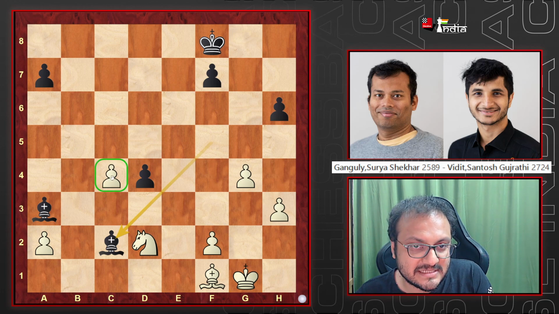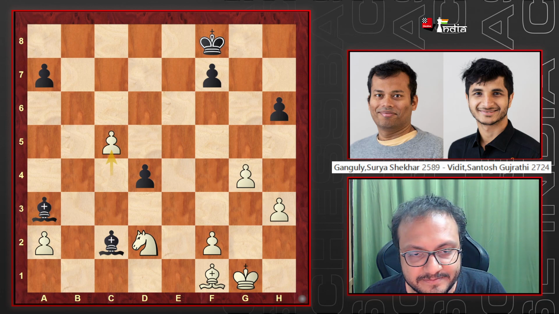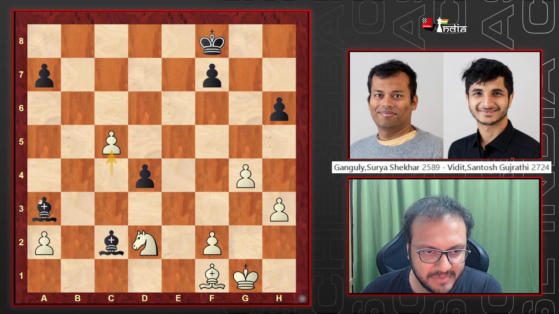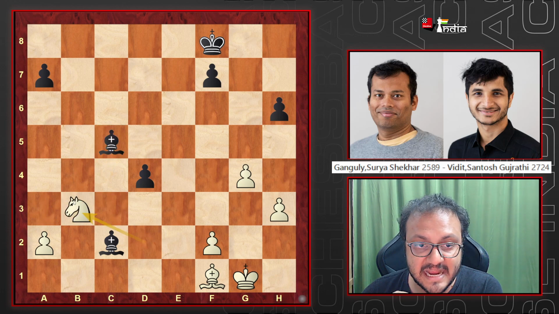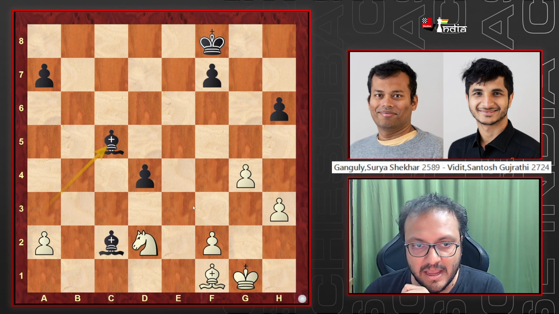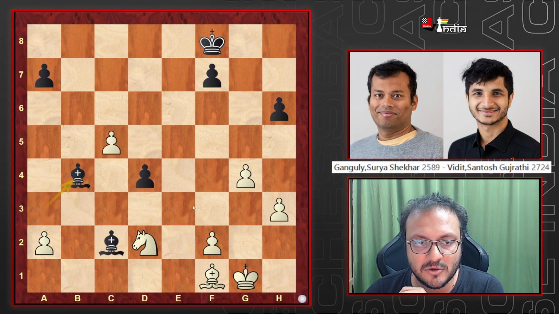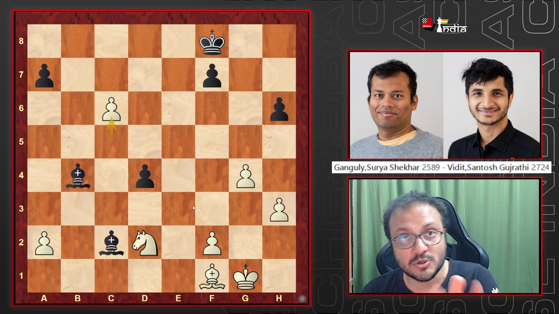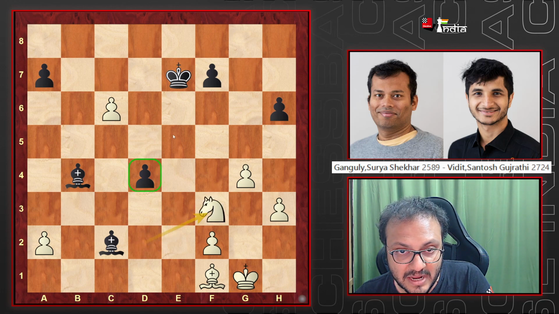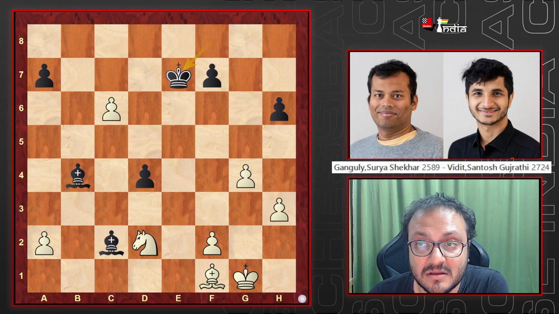Here, I think it was important for Surya to start feeling the danger and to realize that the c pawn is his best way to get counterplay and to play the move c5. Because if bishop takes c5, there is knight b3 attacking the bishop and the pawn. And if you were to play, let's say d3 here or bishop b4, then c6 already starts to create some play with, you know, knight e5 in the air, d7, c7 threatened, and so on.